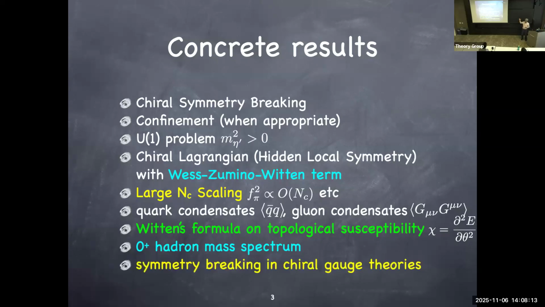And finally, once you have this framework available to you, not only can you apply it to QCD, which of course you would like to understand, but there are many other theories you would like to understand, especially chiral gauge theories. And these theories had never been simulated, even on the lattice, which is very difficult to do. But in this framework, you can again solve exactly the non-perturbative behavior of these theories and make a prediction on what kind of symmetry breaking you would expect in these theories. And especially those points I put in color are not even possible on the lattice, but you can do it on a piece of paper using this technique, and that's what I would like to tell you today.